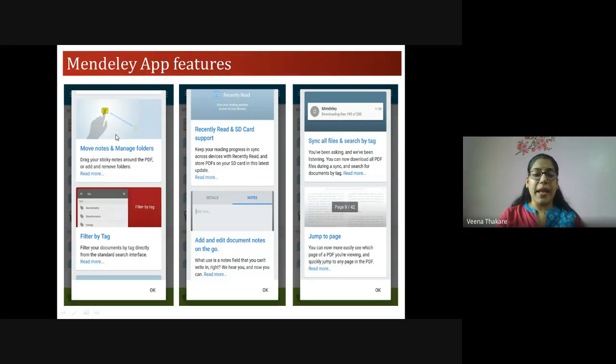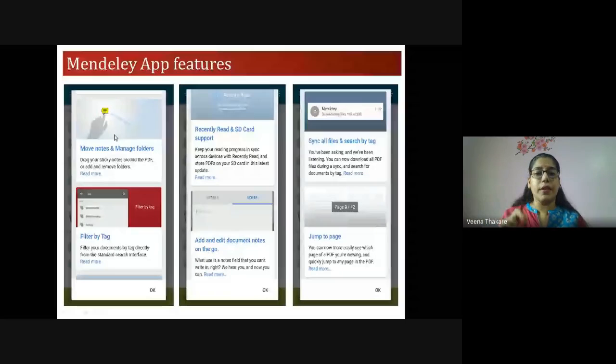You can make notes, manage folders. As I said, this is my favorite feature, making notes, because if you're doing a literature review, you have come across, say, 120 articles, and you are preparing a literature review for those. Once you read an article, you need to jot down about that particular article. You can't remember 120 after finishing reading them all. So for each article, once you finish reading, you jot down what you have read, in your own words, the notes about that article.